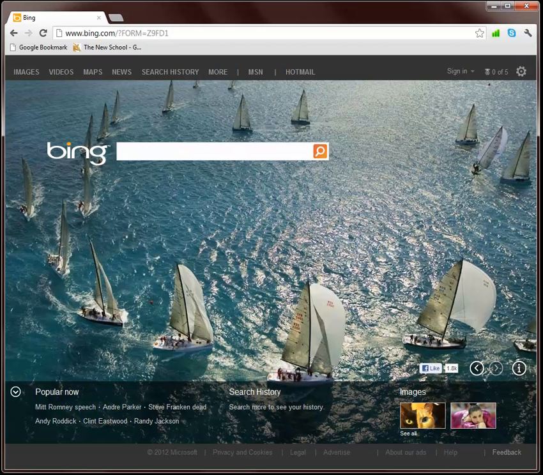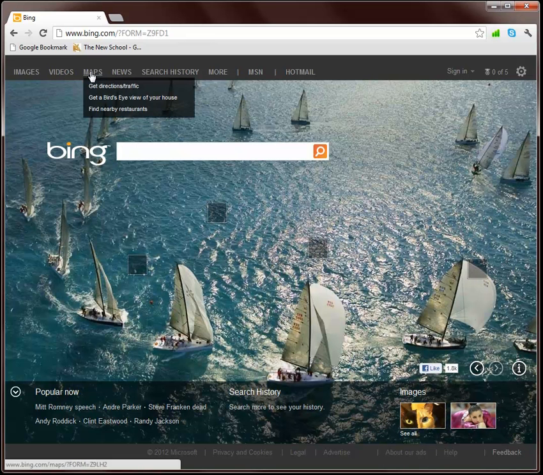Many people use Bing for a variety of things. It's obviously got a great travel search engine, and it's a good search engine as well. But they have a group called Microsoft Research that actually does some pretty fantastic stuff. And so I'm going to show you some of the neat things that you can use in their mapping application. So starting just on the regular Bing homepage, if you click on the Maps link here,